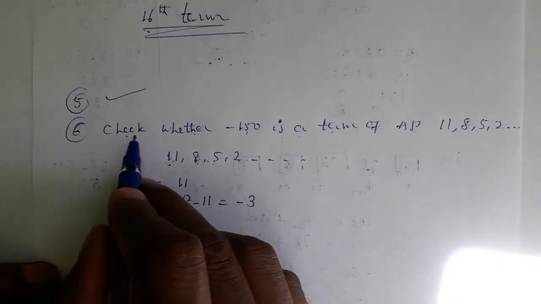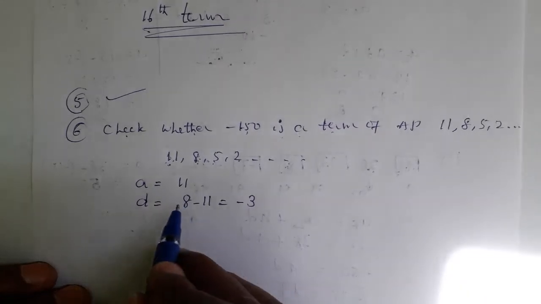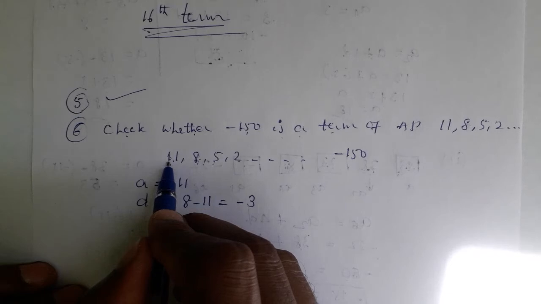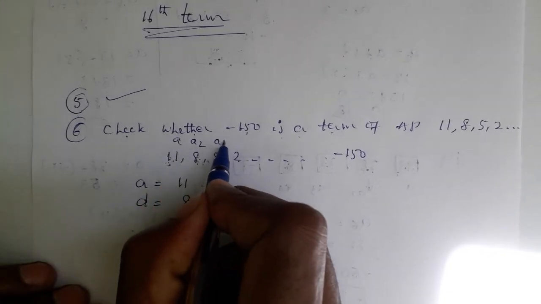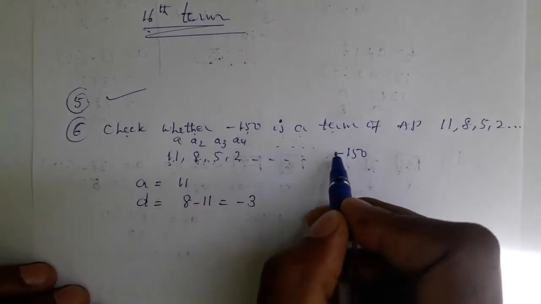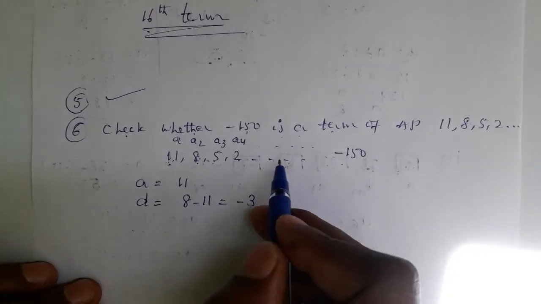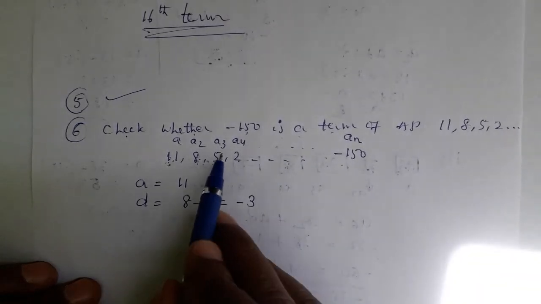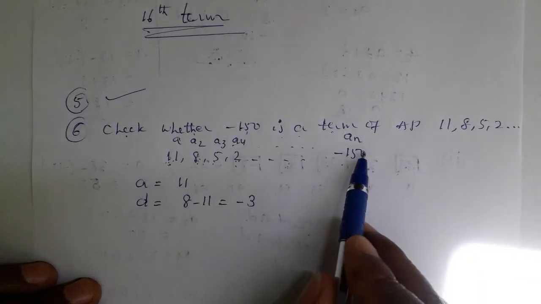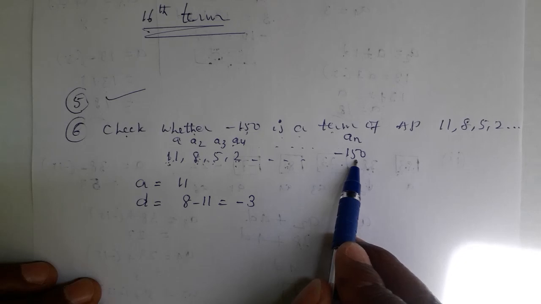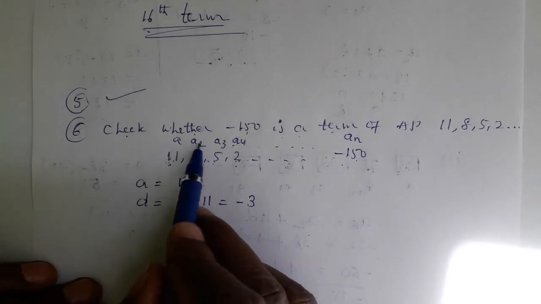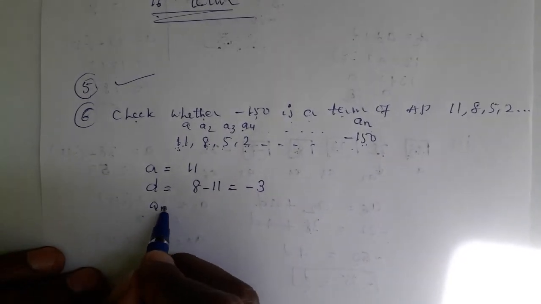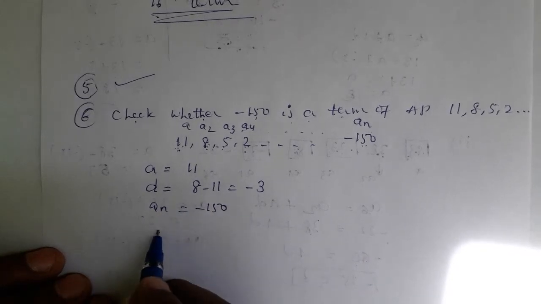Always a decreasing order progression will have a negative common difference. Next, check whether minus 150 comes or not in this. So let us take minus 150 somewhere here. See, the first is a1, a2, a3, a4... Minus 150 will come or not, we don't know. Simply we write minus 150 at last. We name it as an, because till here we know 4 terms are there. At which position 150 comes we don't know. That's why a1, a2, a3, a4, position unknown. So an is minus 150.